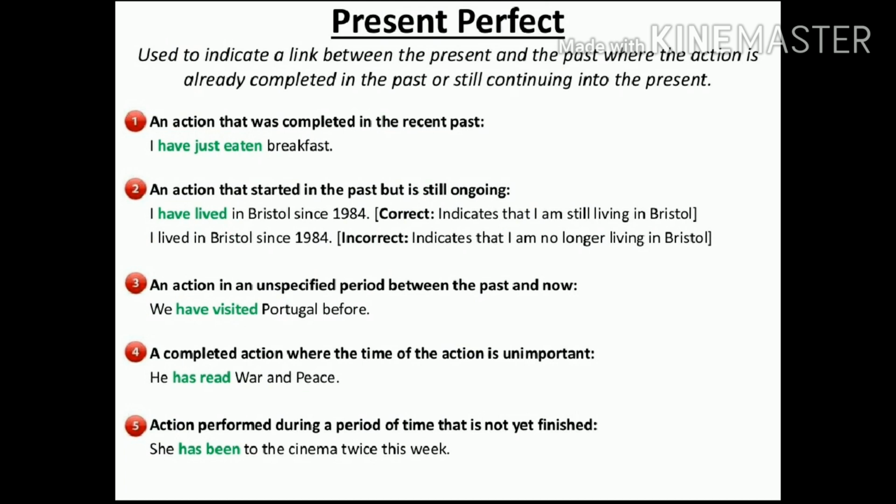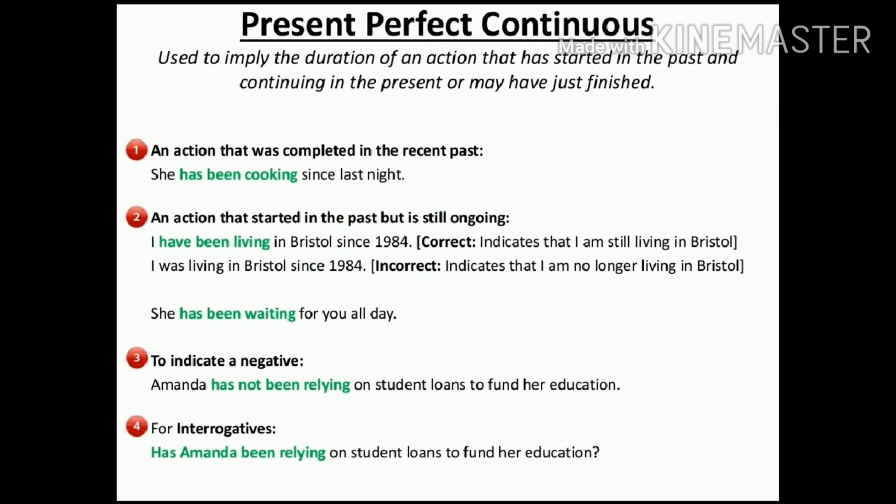So we see that while we were talking about continuous, we were using the ing form of the verb, and here we are using the participle form of the verb, or the third form of the verb, with has and have. So till now we have understood simple present, present continuous, present perfect, and now we move on to the last part of this family, it is present perfect continuous tense.